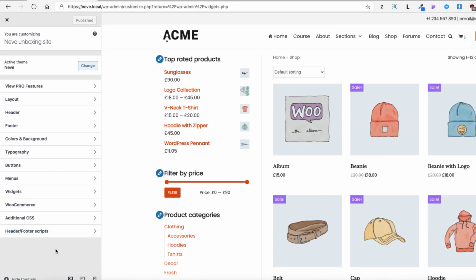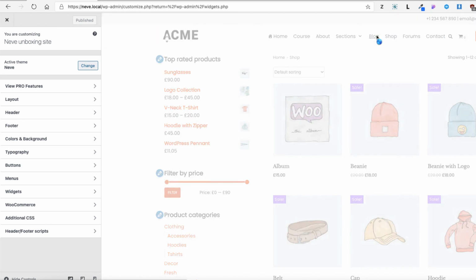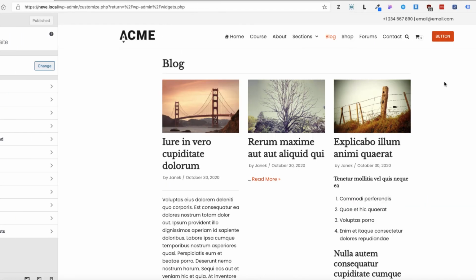So what do I think about the Neve theme? Well, I don't like it. It is not as intuitive as I would hope it would be. It's not very easy to use, I guess, and it does not have feature that the Blocksy or Kadence theme has. So if I would have to switch themes and choose one of the free themes, then probably I wouldn't choose a Neve theme. As you saw, the blog looks awful,